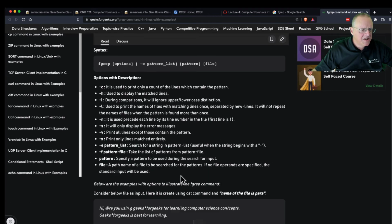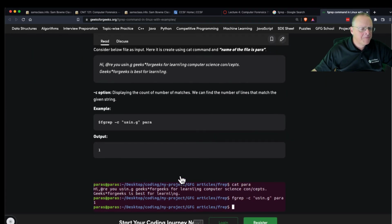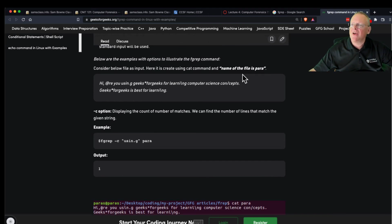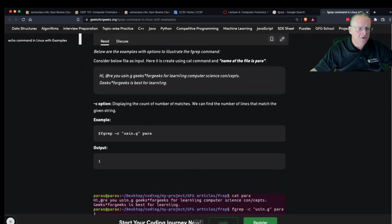Just another way. Examples. Fgrep using. Looks like it's the same thing as grep to me. I don't immediately understand why fgrep is different than normal grep. I know egrep lets you have more complicated extended regular expressions. And regular expressions are a whole field in themselves. So here it's going to look for this using .g,